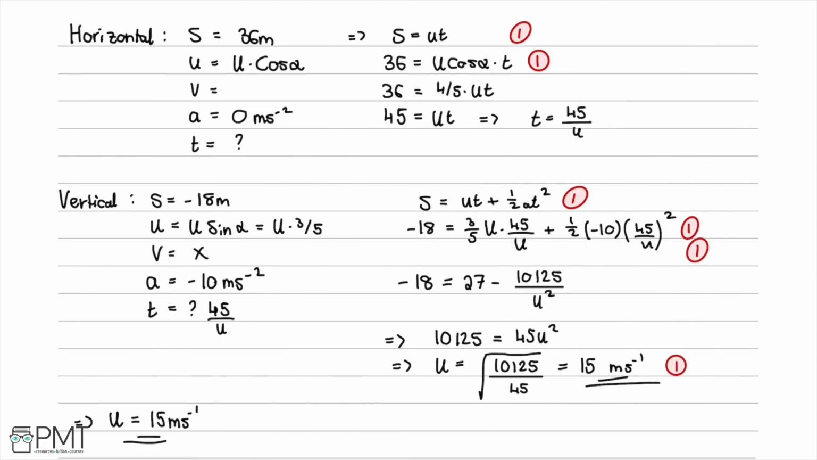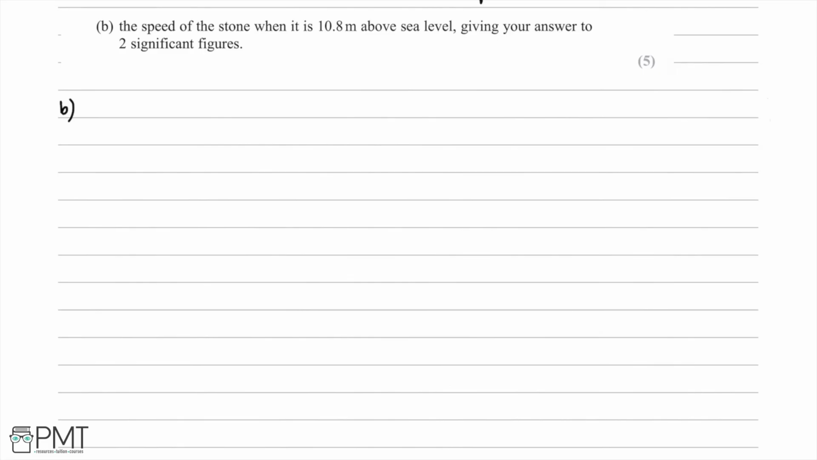So in part B of the question, we're told to find the speed of the stone when it is 10.8 meters above sea level, and we're to give our answer to two significant figures. This question is quite similar to the previous question in the fact that we have to break it down into vertical and horizontal components. If we can find both the vertical and the horizontal velocities, and since these are vectors, each with a horizontal and vertical direction,